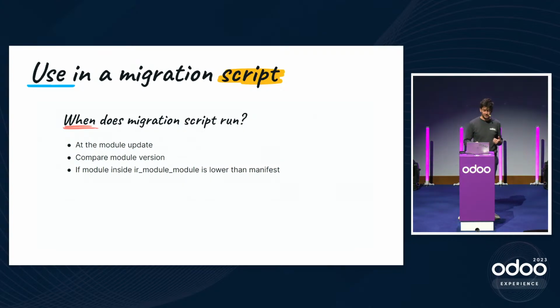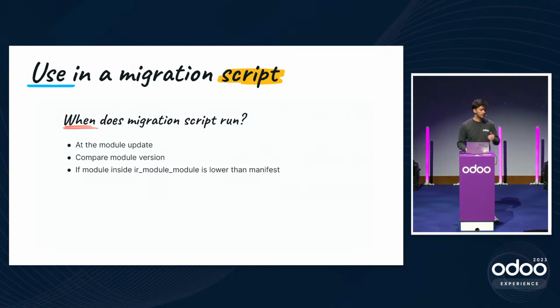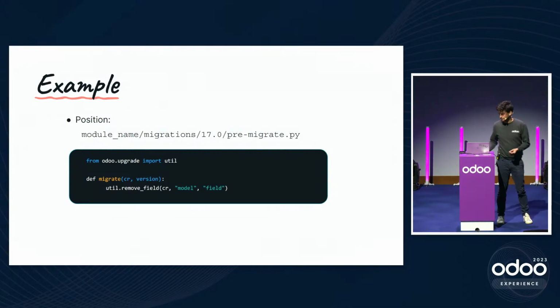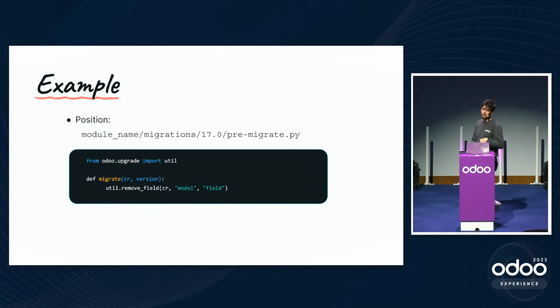And if it's different, if the version on the manifest is higher than the version in the ER module table, it will look for all the scripts between the two versions and run them in order. So, for example, you upgrade your module to v17, so you change the manifest version, and then on the update of the module, the script will be run